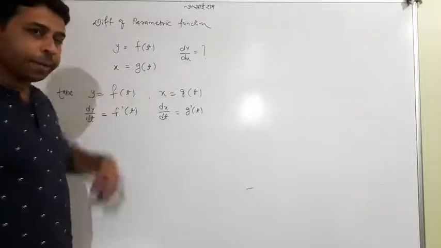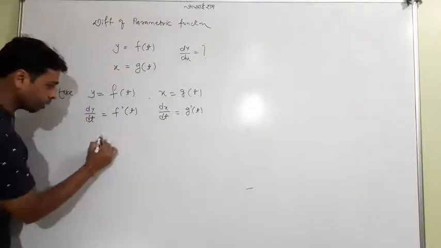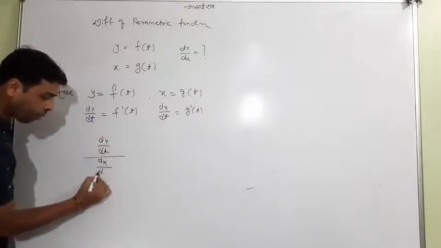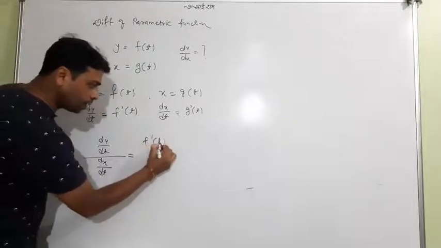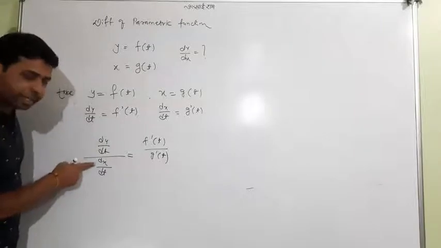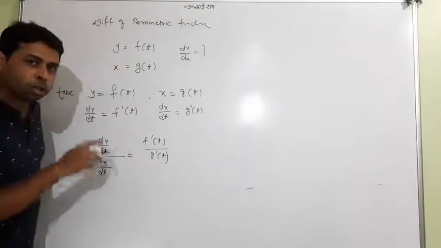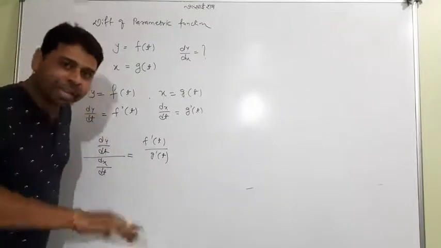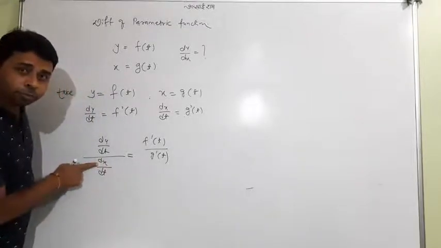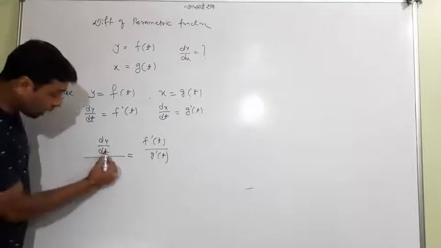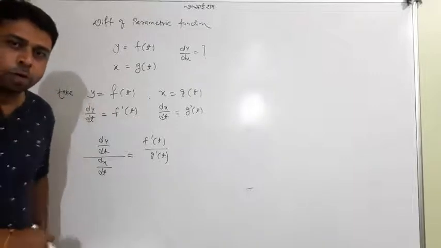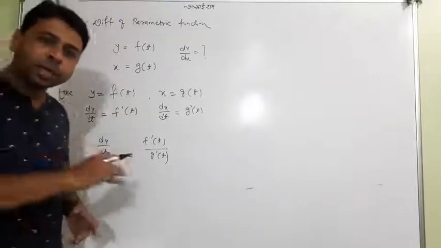Then you want to find dy by dx now. So divide this by this. Whatever answer you get will be dy by dx. Actually dt and dt are not numbers, but you can think of them as numbers. When you cancel them, you will get dy by dx. But I always request you not to cancel, because sometimes a question may ask why you have cancelled, as it is not a fraction. But it's very flexible and it works like a fraction.